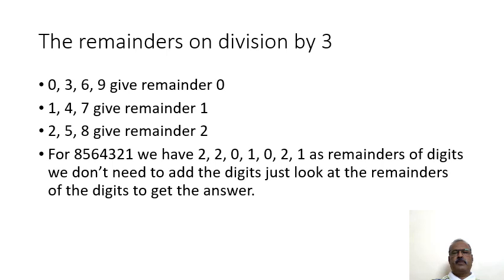When applying the divisibility test by 3, we really don't have to add all digits to arrive at the remainder. What we need to observe is that the digits 0, 3, 6 and 9 give remainder 0. 1, 4, 7 give remainder 1 when divided by 3, and 2, 5, 8 give remainder 2. For example, if you have the number